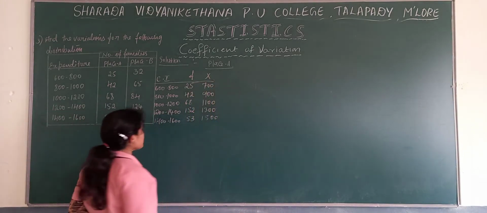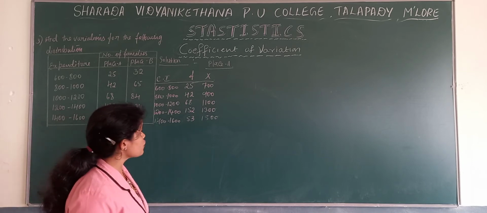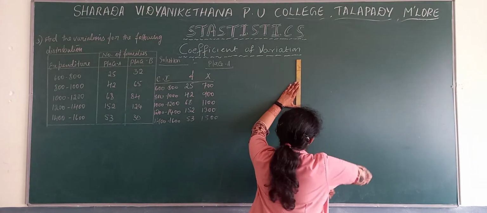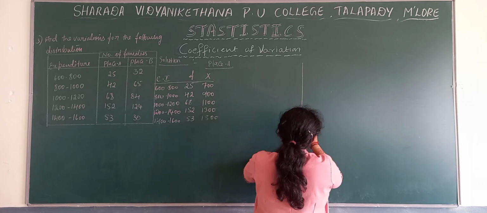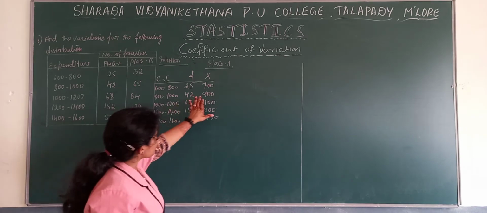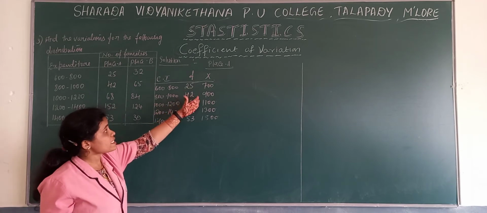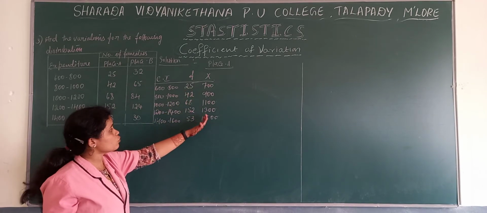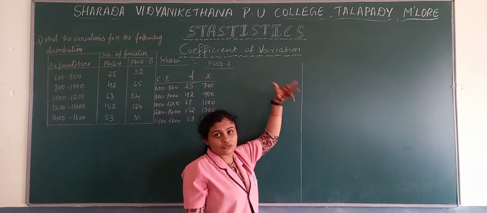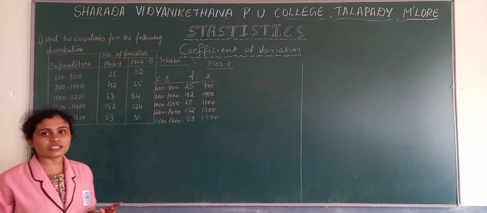And see here we have continuous series. In case of grouped continuous series, which formulas we need to take? We have two options. One we can go with direct method and one more we can go with deviation method. If you are going with direct method we need to calculate fx and fx square. But with values like 700, 900, 1000, it is difficult to calculate direct method because fx and fx square will get larger values. So here I suggest it is better to go with deviation method.